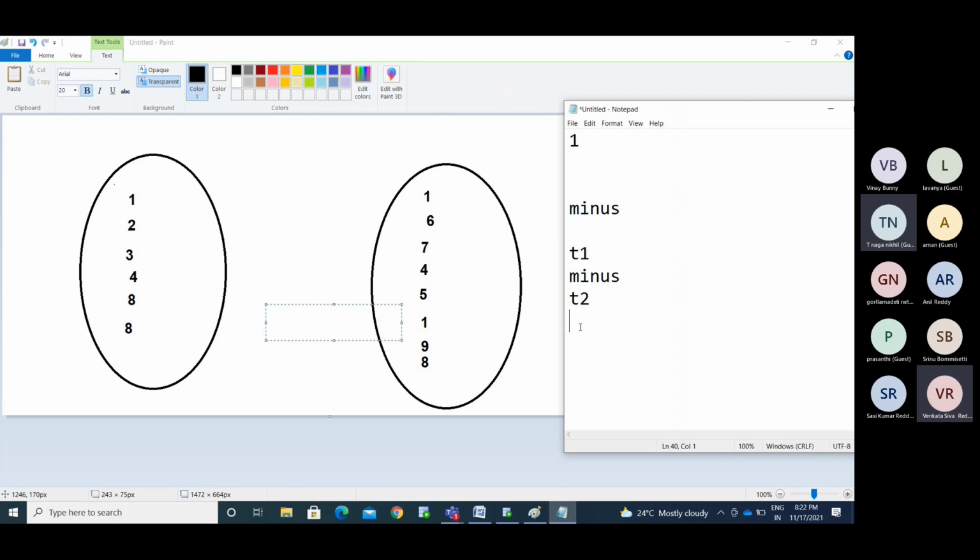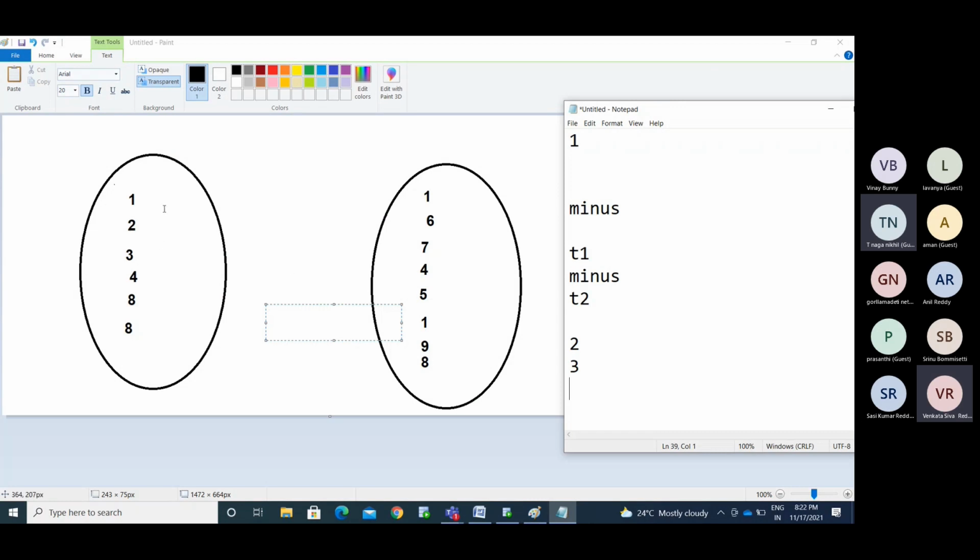Okay, now 1 is already common, so I want to see about that. 2 is not present, so I will display. While displaying 3, I can check in this list. This is not present, I will display. 4 is already present in this second list, it ignored that. 8 is already present here, so it ignored that. So I will get 2, 3.